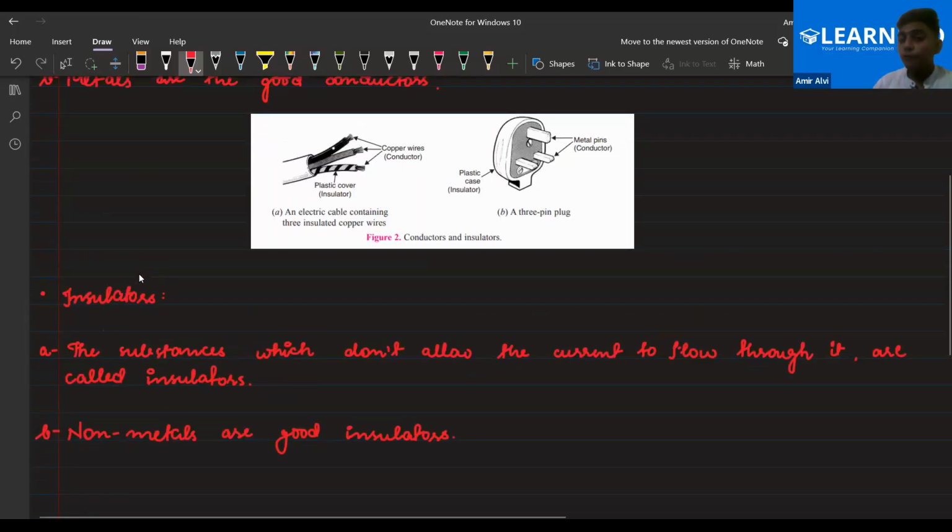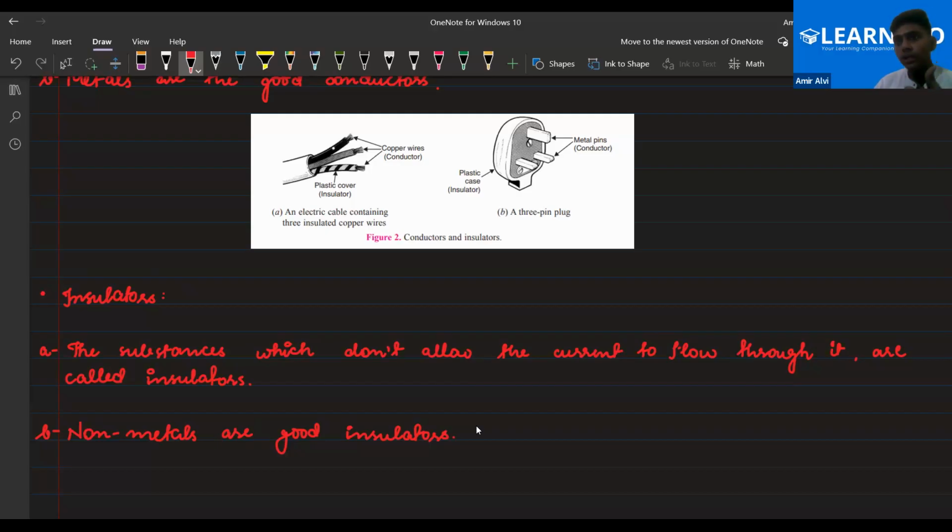So basically, the reason is that free electrons present in the conductor are responsible for the flow of current. In the ninth class, there was a term called valence electrons, valency. Metals have valence electrons, like loosely bounded electrons. Those loosely bounded electrons are responsible for the flow of current. When they flow, electricity is generated by the flow of electric charge, the free electrons, not the bounded ones. Like in aluminum, free electrons are there, Al plus.